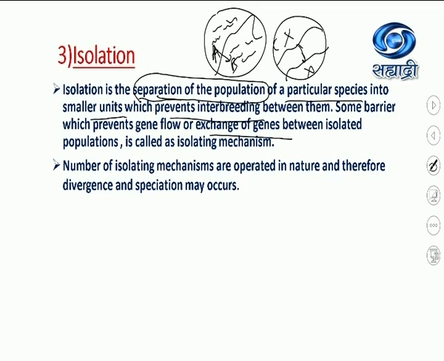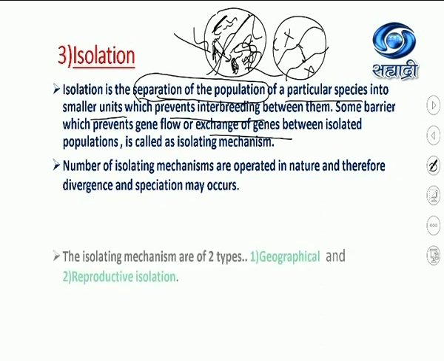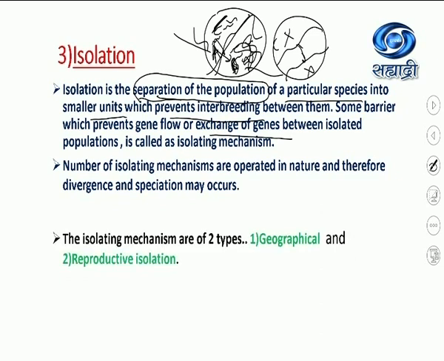Now see what happens. This population A continues to stay here. They interbreed among themselves, adjust to the environment, and a different type of species is generated. This population went away, they couldn't interbreed, and on their own they try to adjust to different climatic conditions, availability of food, or the prey and predators, and they finally diverge into a different species. So they will start diverging from species A after some generations. We'll see the examples.